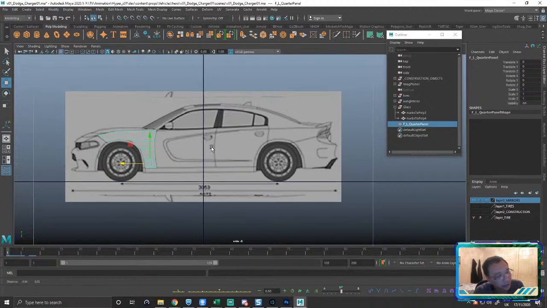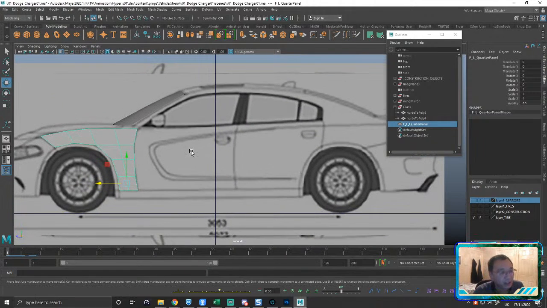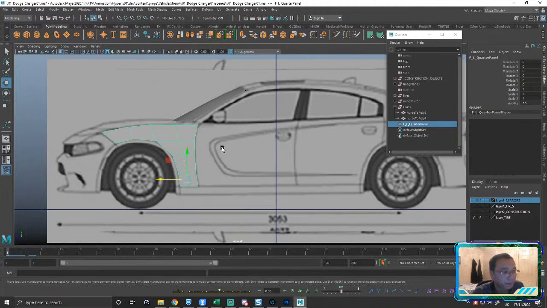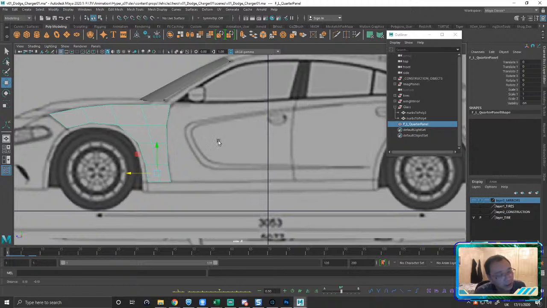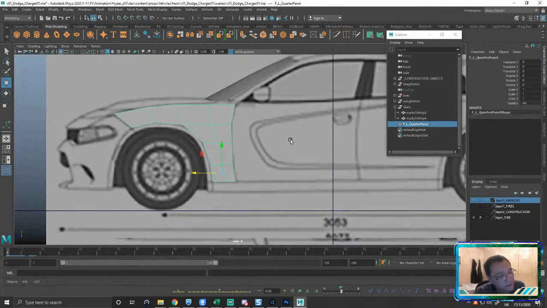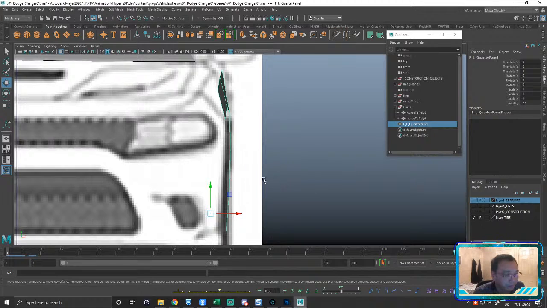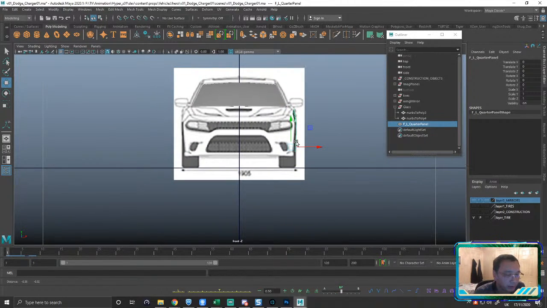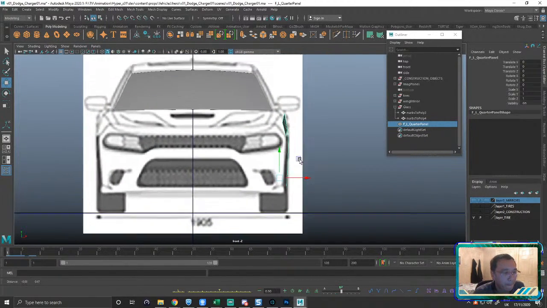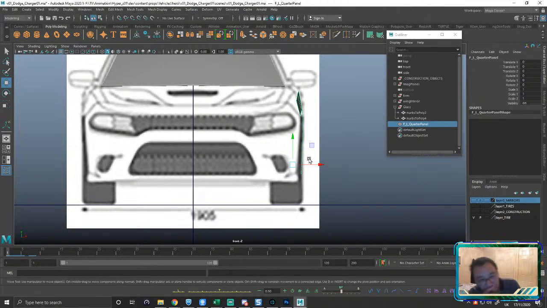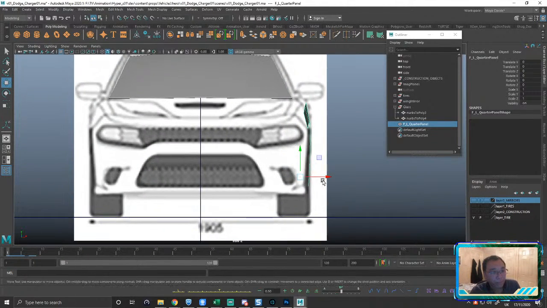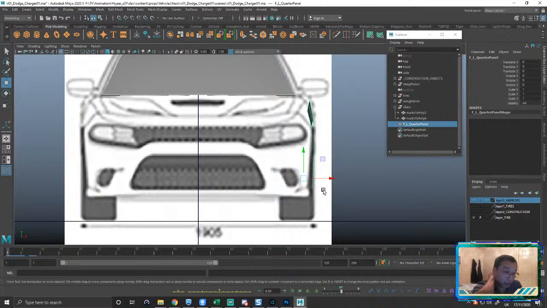And yeah, let's just make a NURB store, right? Actually, let's tackle the front. So what do you think in terms of the front? Should we approach it using NURBs, or should we approach it using polys?